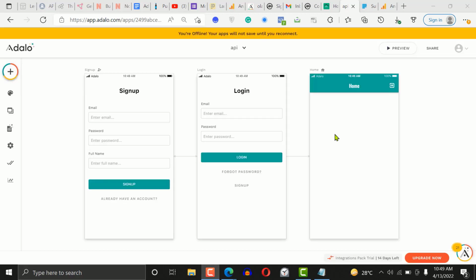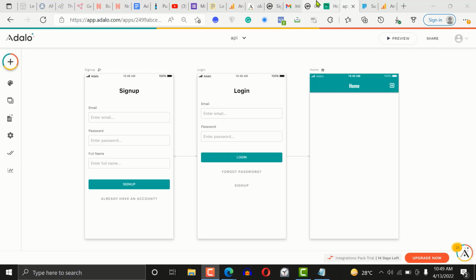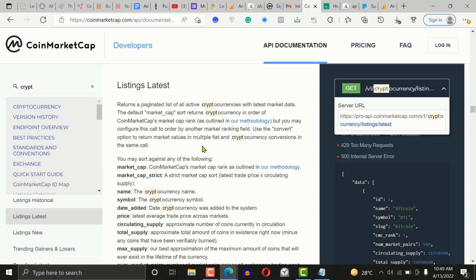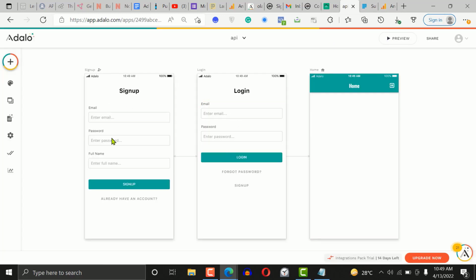So welcome back. This time it's time for our project. We're going to create a very simple application that collects data from Coinmarket, using the Coinmarket API, and then represent it in our application. That's what we're going to be doing. So these screens are normal. The user gets to sign up, log in, and then when they get to the home button, they get to see prices of